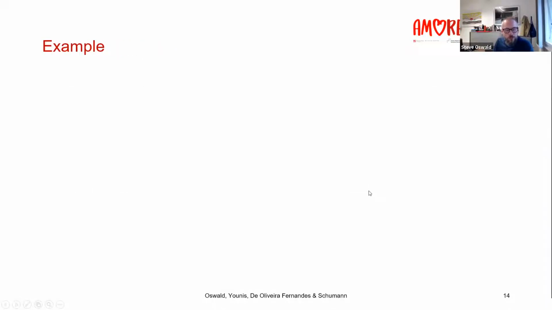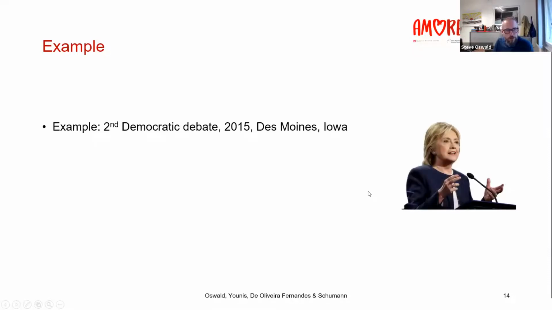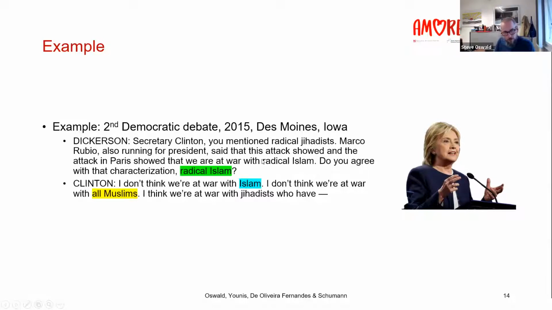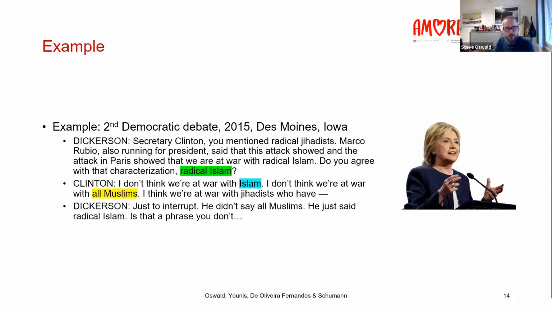So here's an example from political discourse, a Democratic primary debate in 2015, where the moderator asks Clinton the following. You mentioned radical jihadists. Marco Rubio, also running for president, said that this attack, the attack in Paris, showed that we are at war with radical Islam. Do you agree with that characterization, radical Islam? And Clinton says, I don't think we're at war with Islam. I don't think we're at war with all Muslims. I think we're at war with jihadists who have... And then, just to interrupt, he didn't say all Muslims, he just said radical Islam. Is that a phrase you don't...